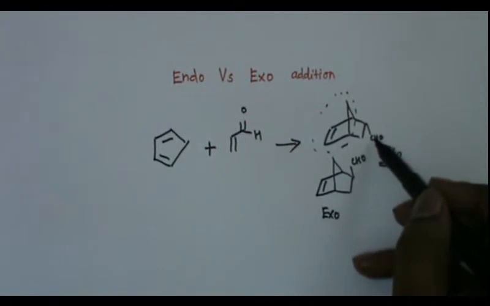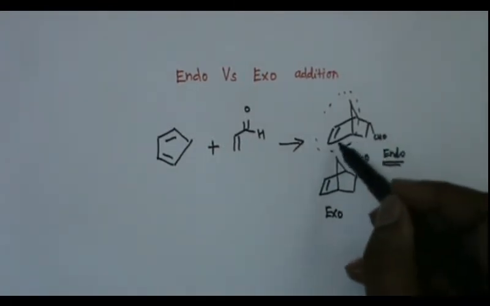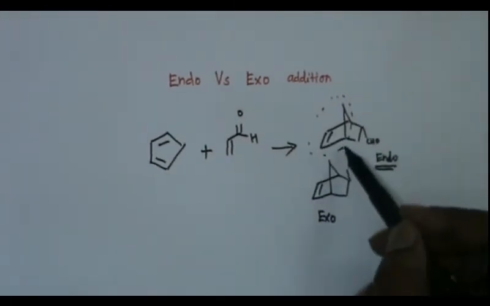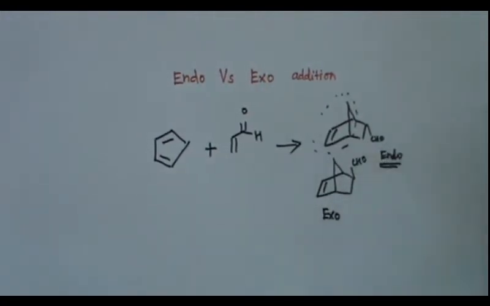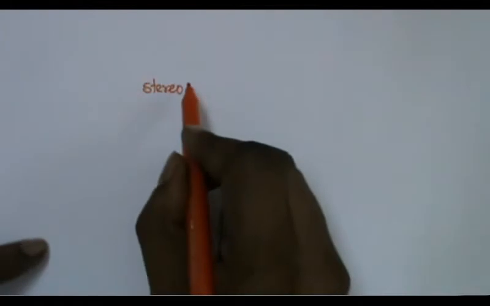So this CHO is inside the cavity of this bicyclic ring. That is what we call endo. But here there is nothing like that. So this is called exo. The endo product is more favored because of secondary orbital interaction. It is stereochemistry. Third one,